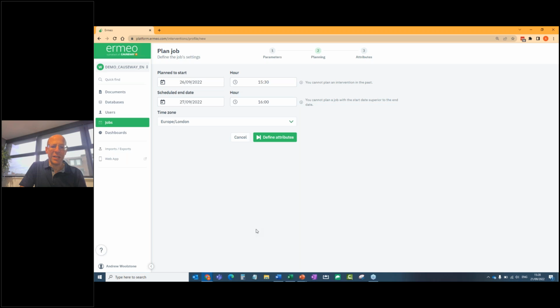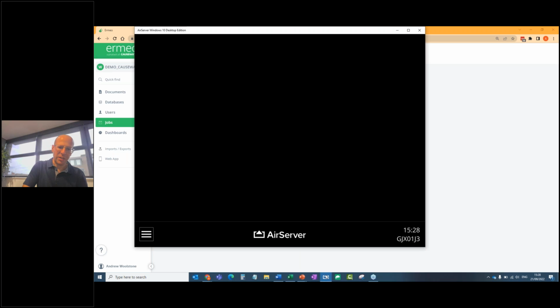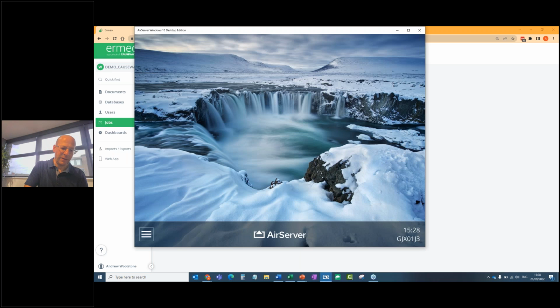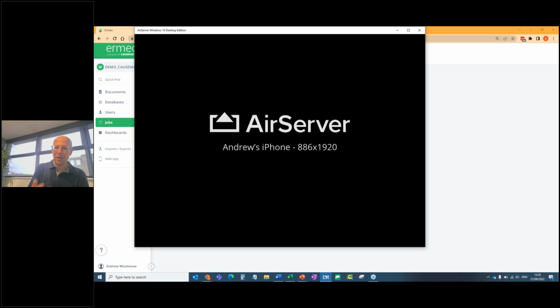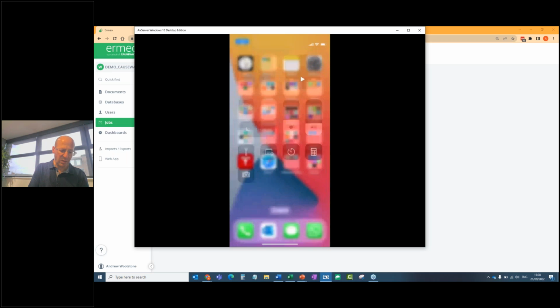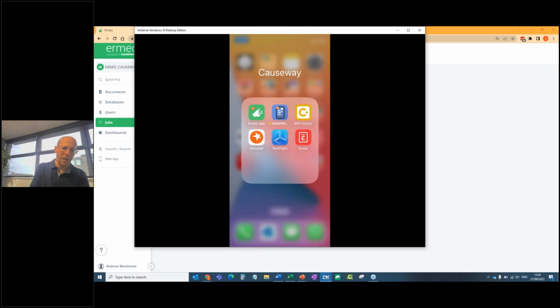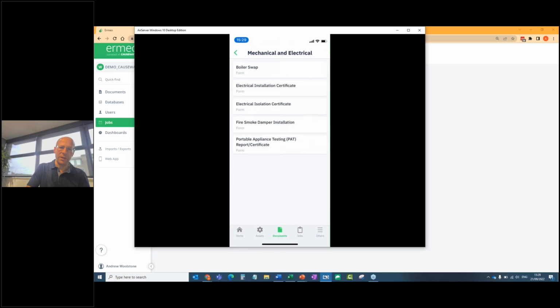What I'm going to do now is just to show you what that looks like when you're filling the form in on the device. So I'm just going to actually show you on my phone. You can use this on a web browser, so you can complete it on a web browser, but you could also complete it on a tablet, or I'm just going to show you on a phone here. So the first thing I'm going to do is go into the Ermeo app on my phone, and you'll notice there's a little yellow